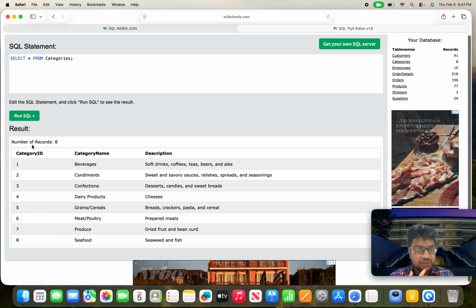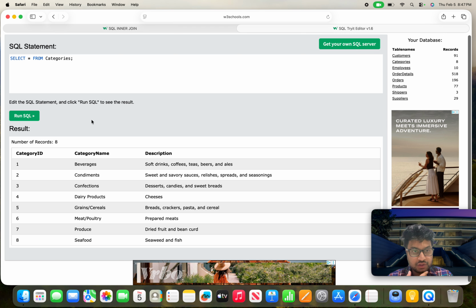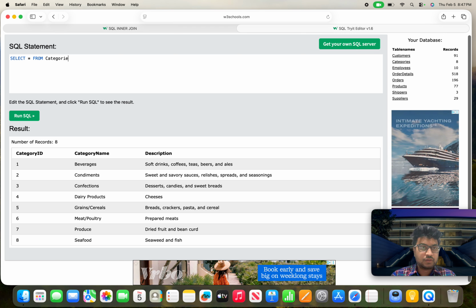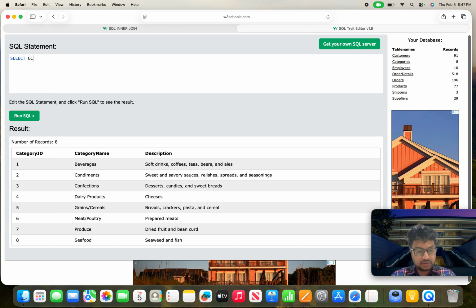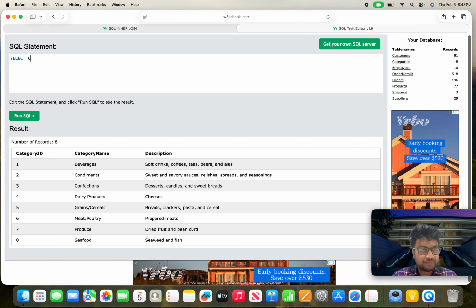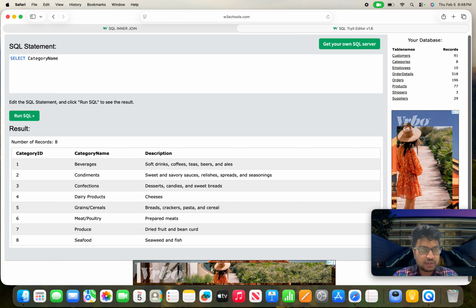So that's the categories table: the category ID, category name, and description. So we select category name,